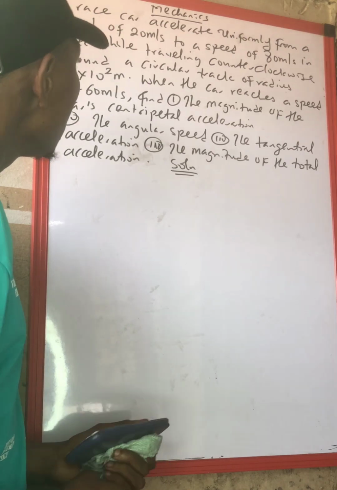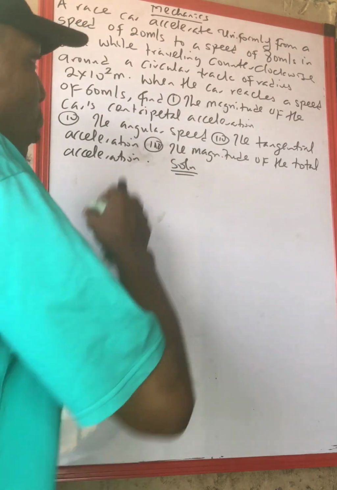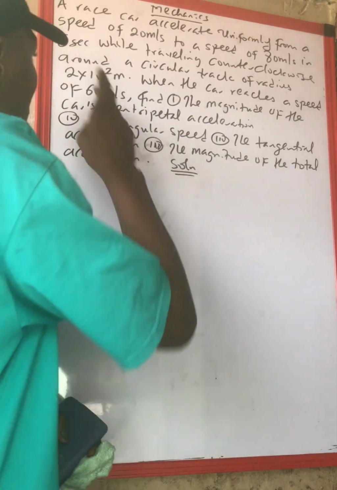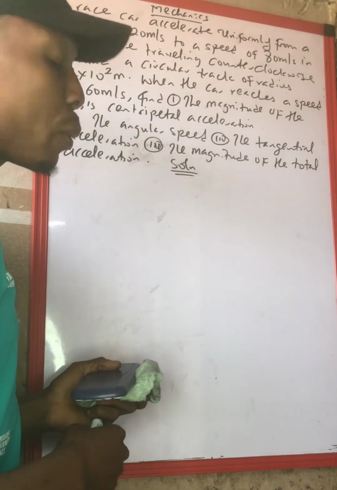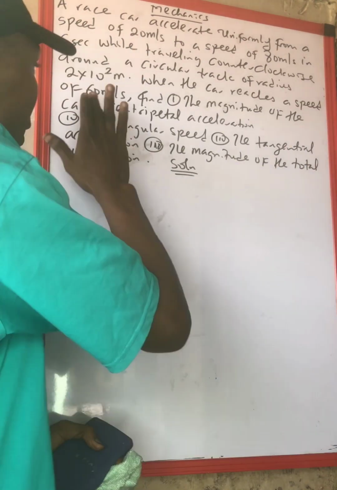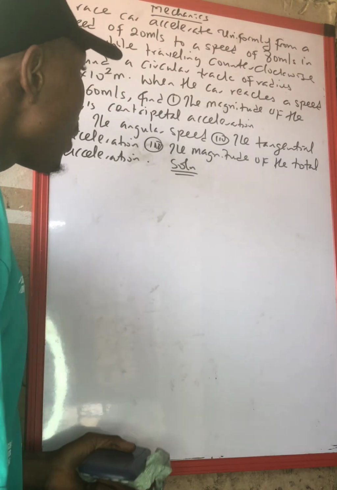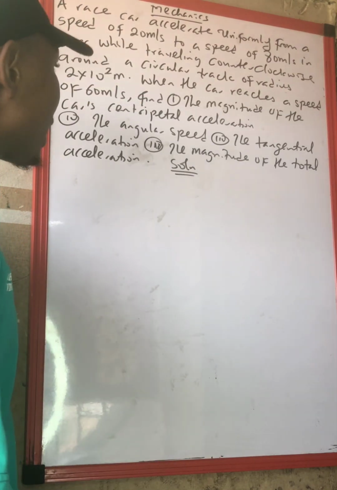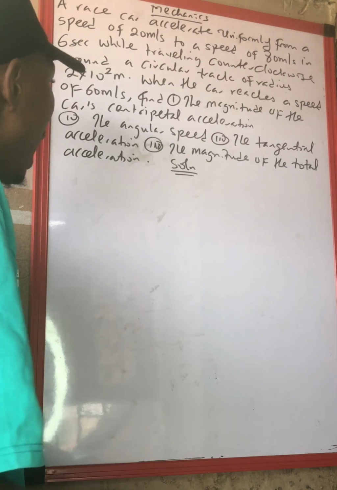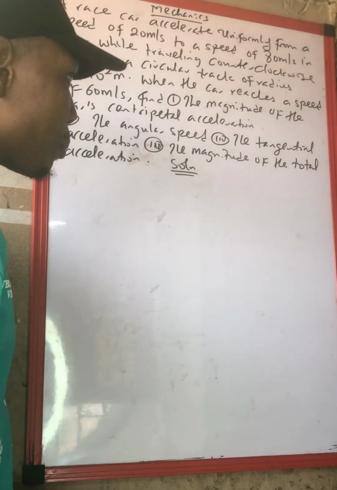To 80. Now we're told that when traveling counterclockwise around a circular track of radius 2 times 10 raised to power 2 meters, we were given our radius, when the car finally reaches a speed of 60 meters per second, which is the total velocity, then we're asked to find the magnitude of the car's centripetal acceleration and the angular speed,